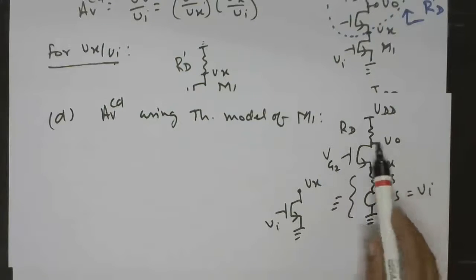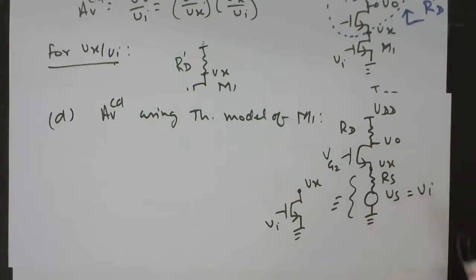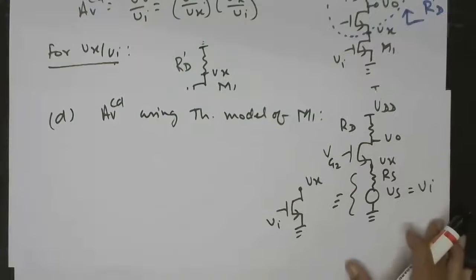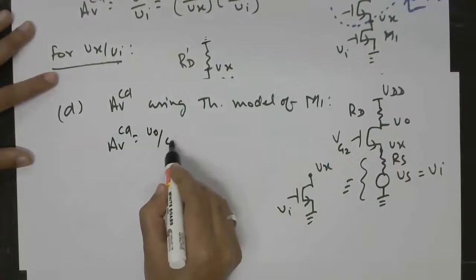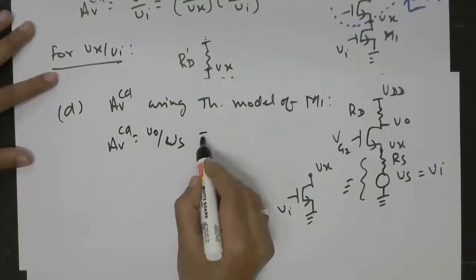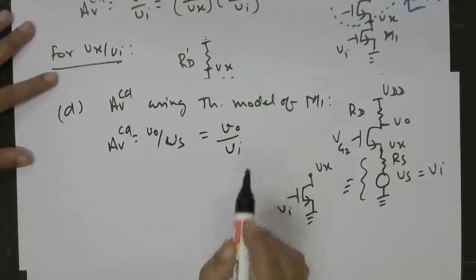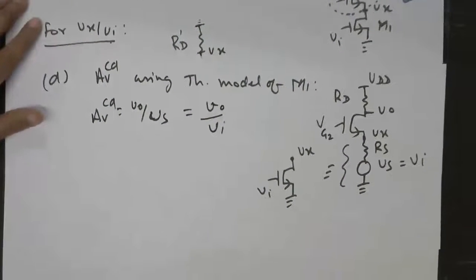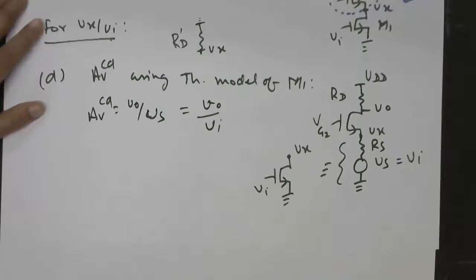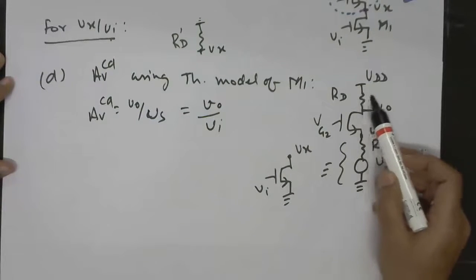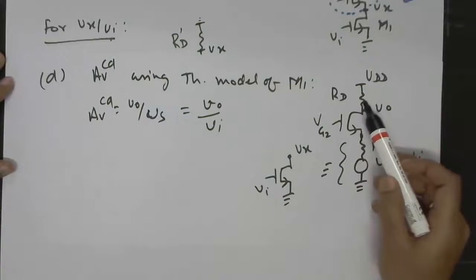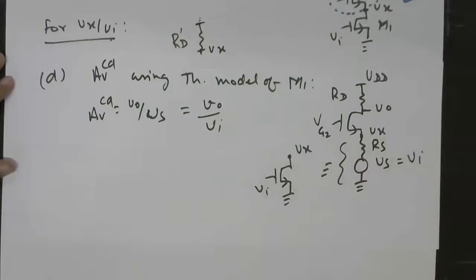So now you can attack this problem using first principles, that means substitute this by a small signal model. Or if you know the formula for this configuration, then you can directly use the formula. So here AVCG will be VO by VS, which will turn out to be VO by VI. So this is the fourth way in which this cascode can be analyzed for its gain. And let me remind you that when we use it in real life, RD should be substituted by a cascode current source to get more gain compared with each of the two stages.